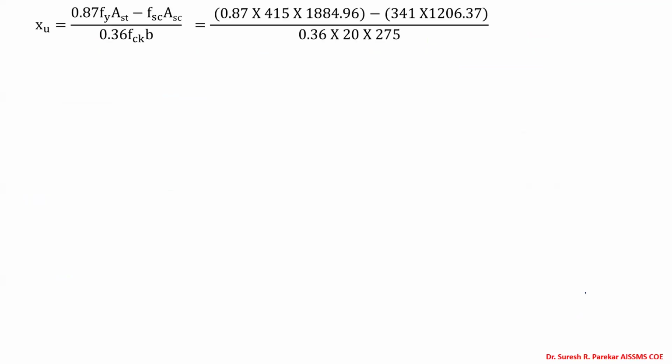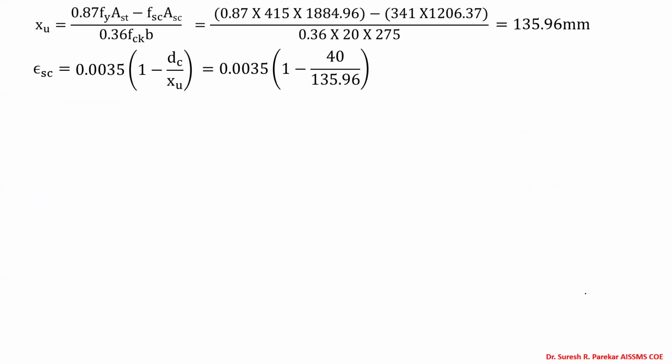Then we will switch over to the next part. We have XU. We have calculated XU as 135.96 millimeters. So we are going to find epsilon SC for this XU value. If we substitute the values, then we will get the value